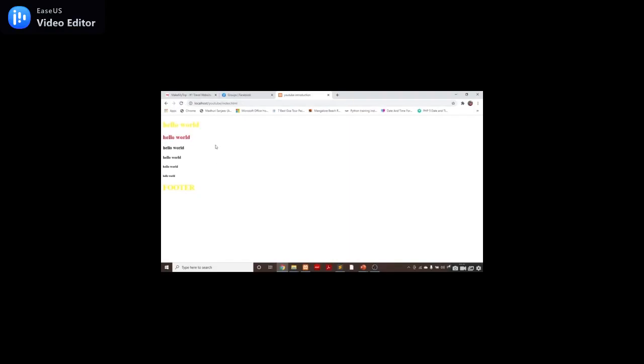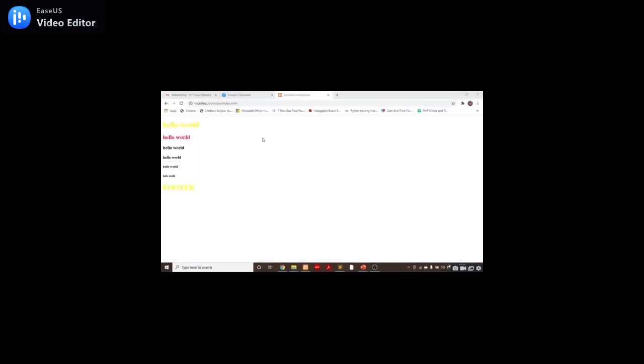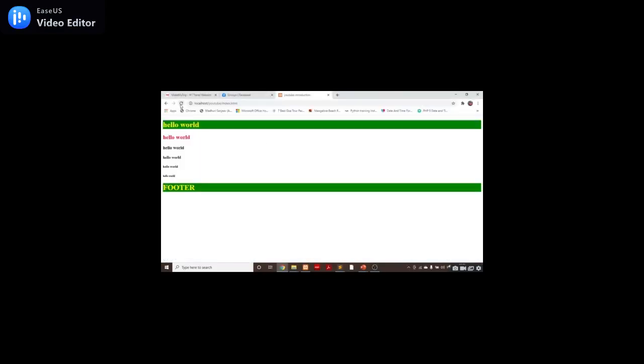You can also apply a background color. For example, I will apply a background color, let's say green. See, it has changed the background color.